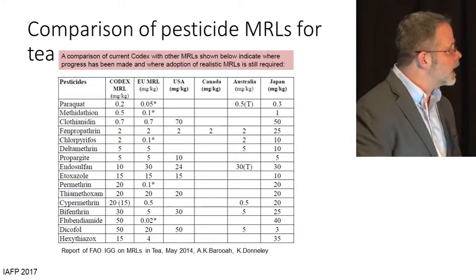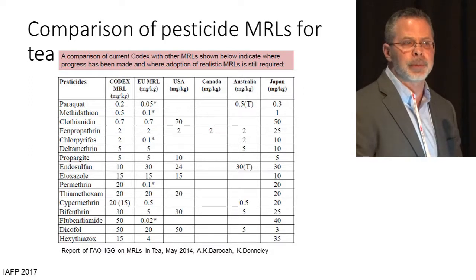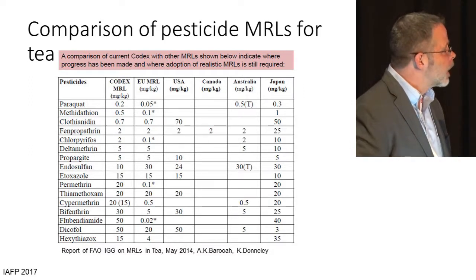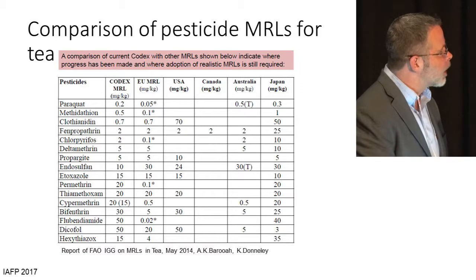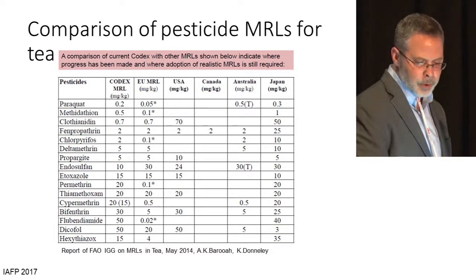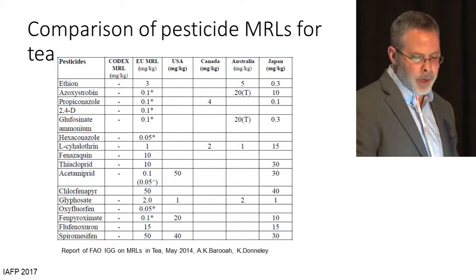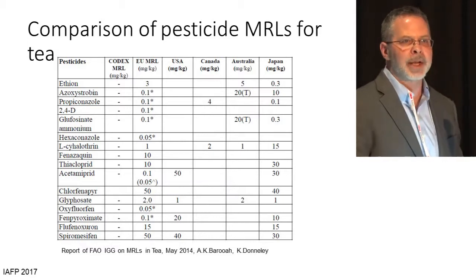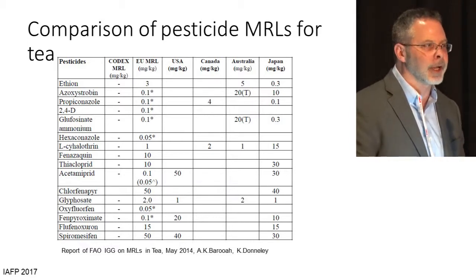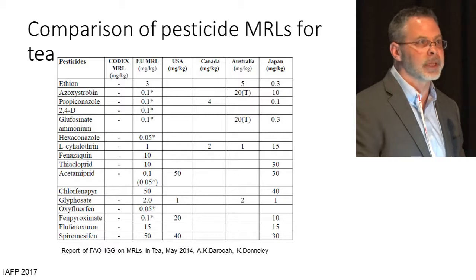So this, for tea, is an example that's also relevant because the U.S. and Canadian Tea Association have been working on pesticide MRLs, on increasing the list of pesticide MRLs. And you can see for the U.S. and Canada, there's not a lot of MRLs. But even the ones that are there are very different than Codex, and they're very different than Japan and Australia, and there's some more listed there. So the question is, how do we tackle this? Do we just live with it, or do we try to address it? And I wanted to show this as an example because it's an example of what we can do proactively to improve the situation where we have an unnecessary zero tolerance, I guess. So if the pesticide's not approved, the only level of relevance is absence.